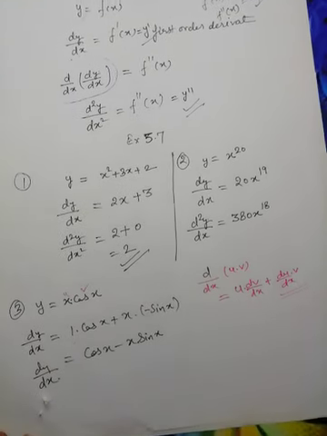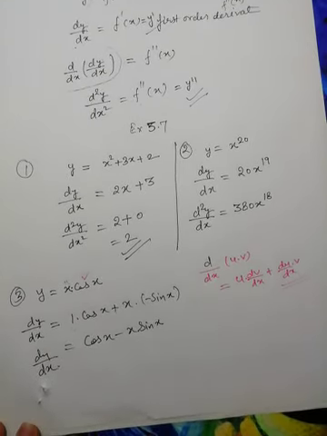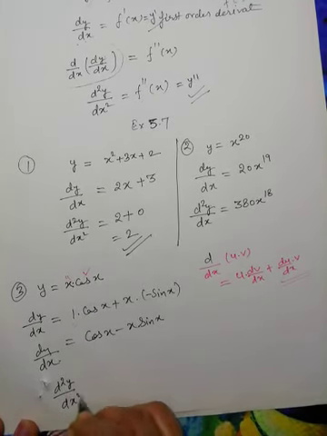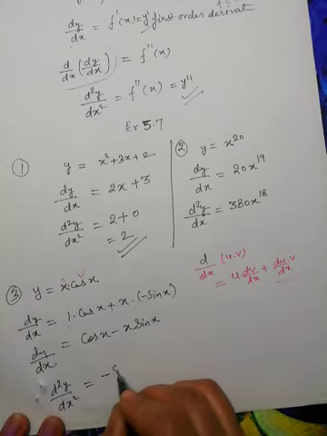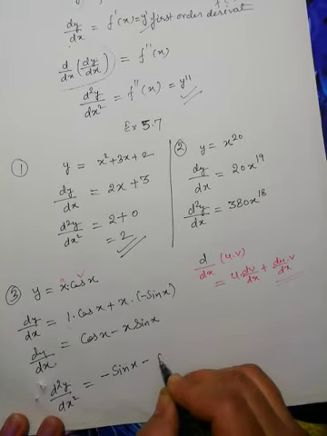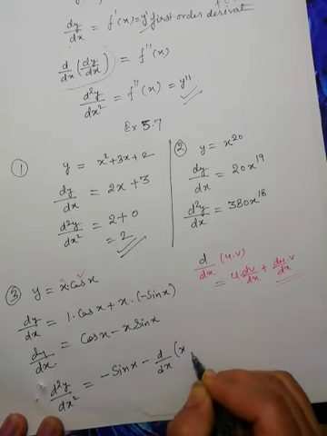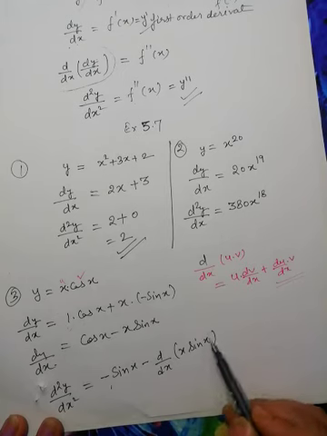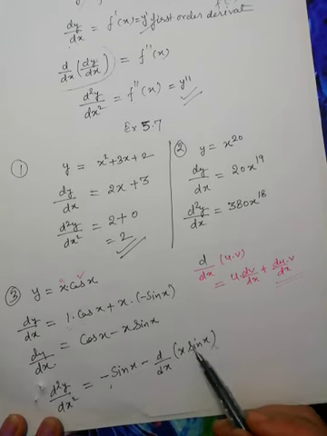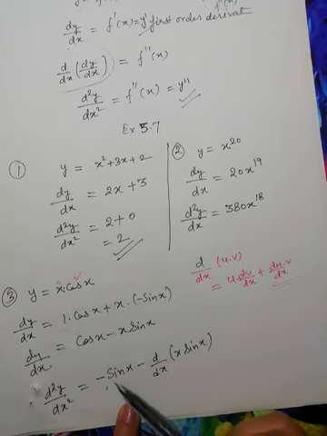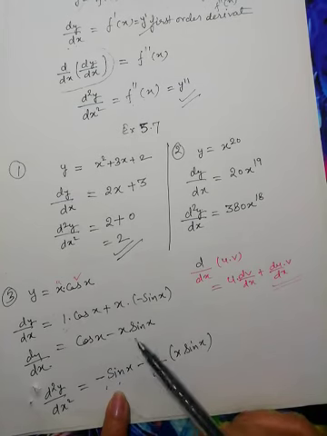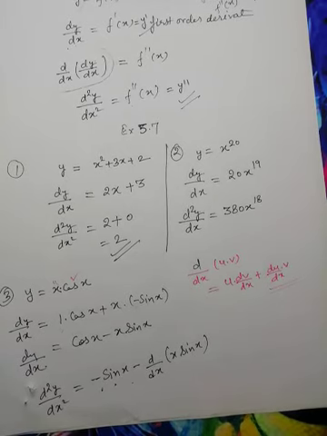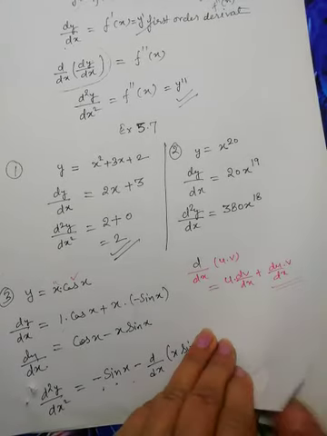Now this is the first order derivative, but we have to find the second order derivative. So once again we will differentiate. d2y upon dx square will be d by dx of cos x minus d by dx of x sin x. Here I have directly written the derivative of cos x, which is minus sin x. Here I need to again use the product rule for d by dx of x sin x. This term will be copied as it is.